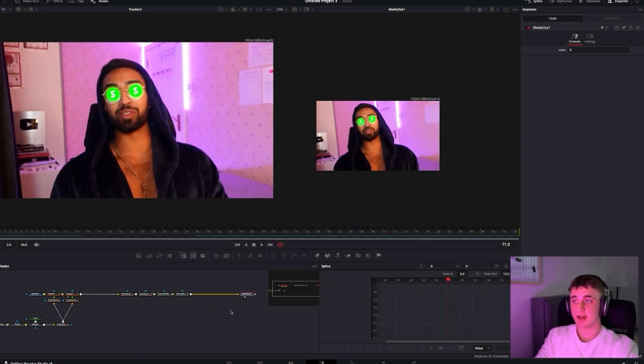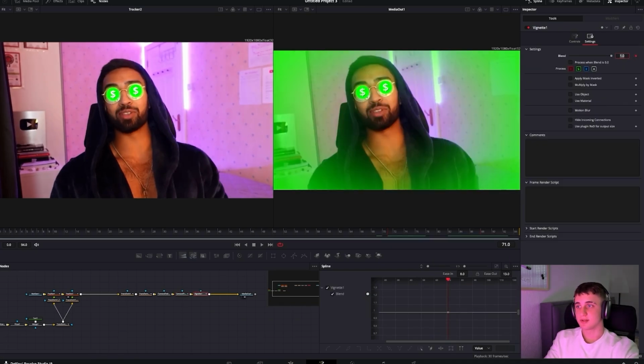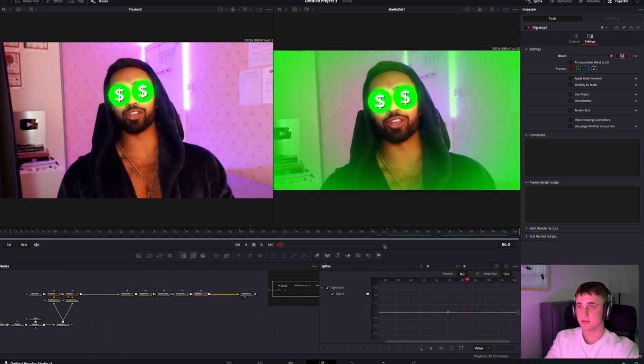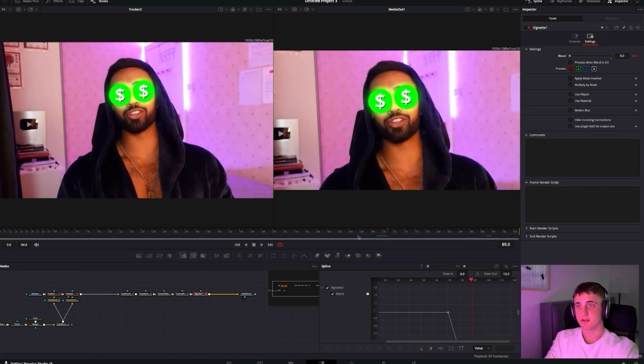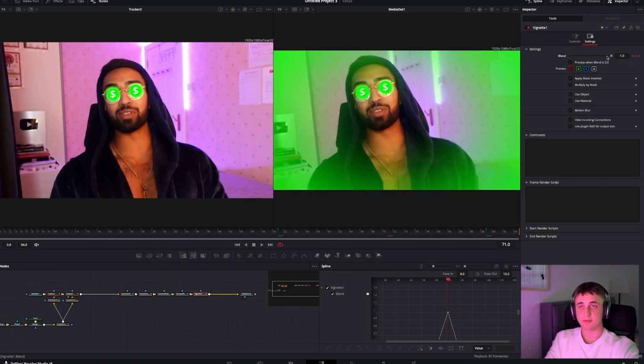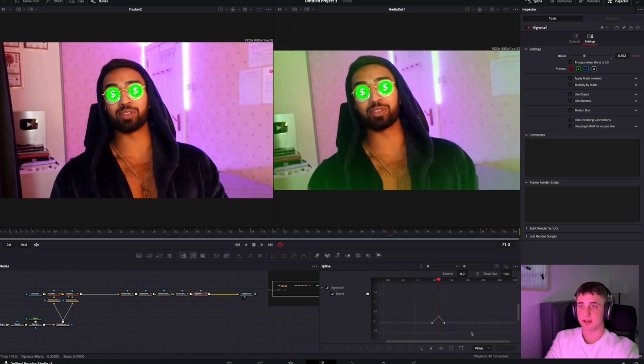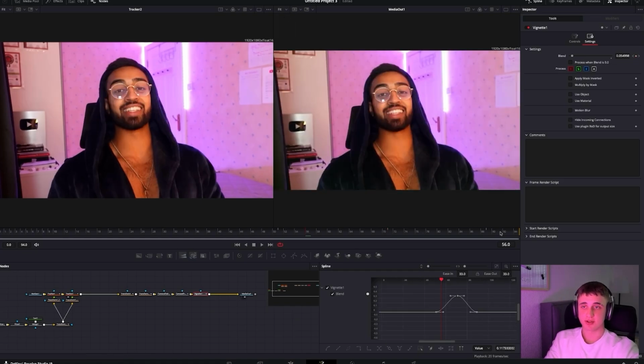Now we wanna add more compositing, so let's add a vignette and let's make it green. So yeah, keyframe the blend exactly where the impact is. Go a couple frames further, put it at 0. Go a couple frames back, put it at 0. And actually we don't want it this high, so let's put it at 0.3. This looks pretty good enough, like a little effect on the side. We want to do a similar thing with the splines, so let's make something like this.